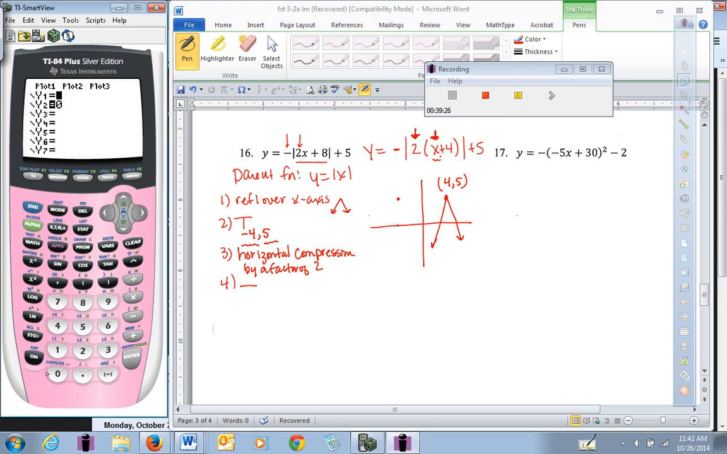So let's see if that's right. Let's graph that one and see. We'd have the opposite of, and then I'll get my absolute value here, and then inside of here I'm going to put 2x plus 8, and then the plus, let's put the plus 5 on the outside. And so if we graph that,